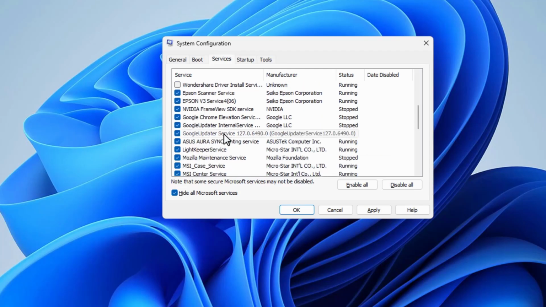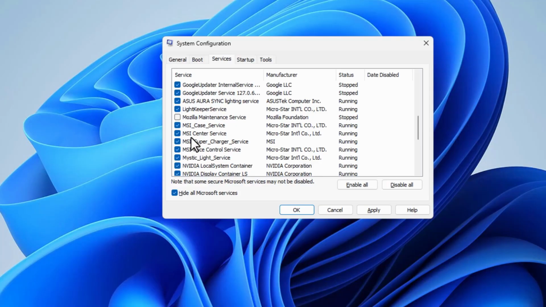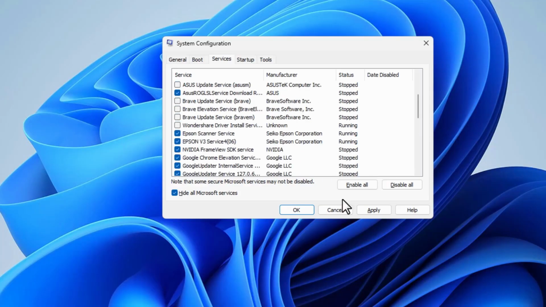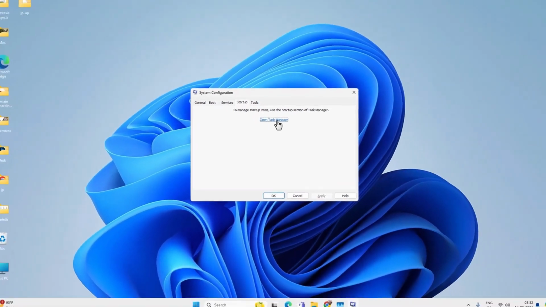And if you are using any printer, don't disable the printer services and your GPU services, or if you are using any RGB light software or anything like that, you don't have to disable those services. Rest you can disable. Then hit Apply and go to the Startup tab, open Task Manager, or you can open